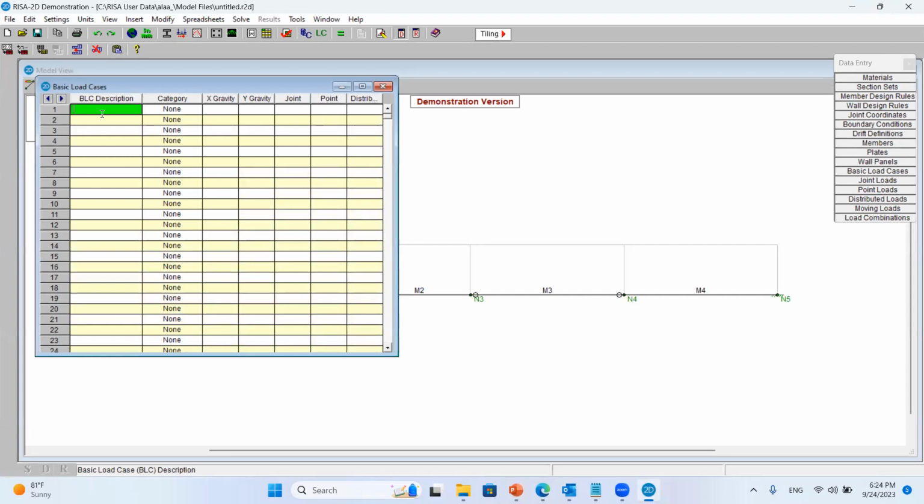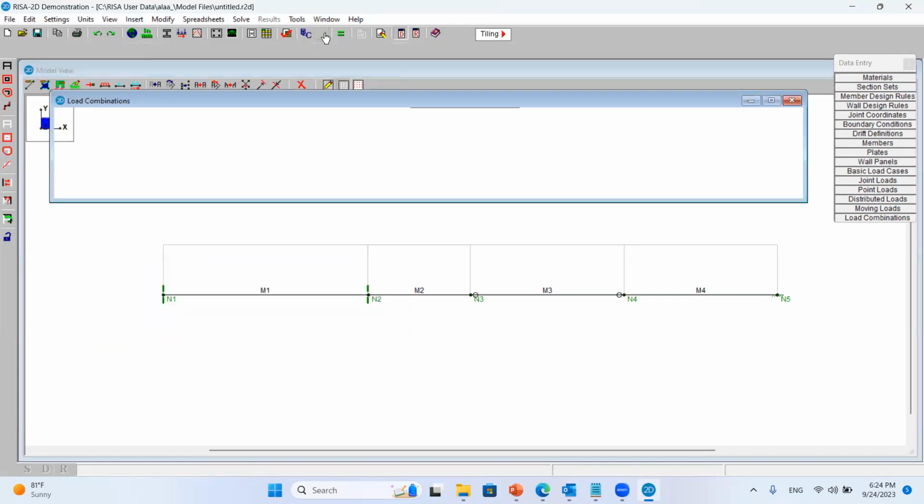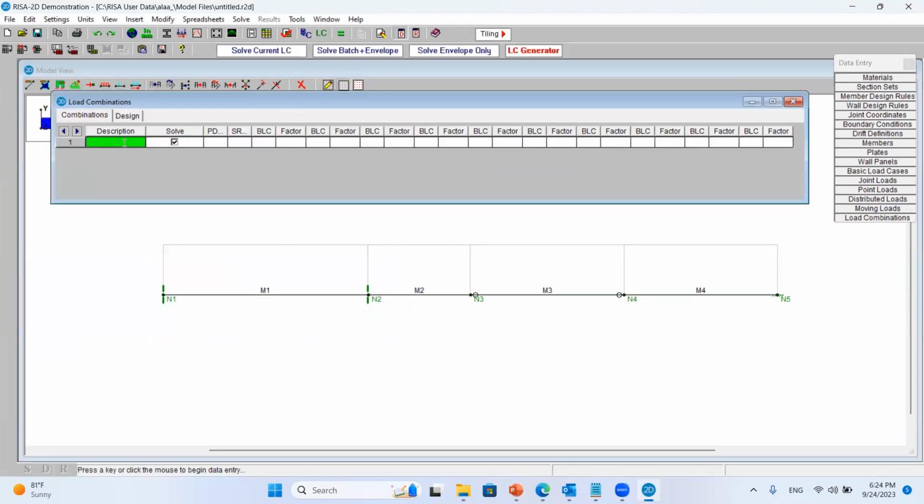And the load cases today, I will call them dead loads, something like this, and live loads. Okay. And the dead load, I will give it dead load category, and the live load, I will give it live load category. Similarly, for the load combination here, I will click here, and I will have 1.5 dead